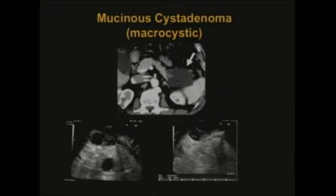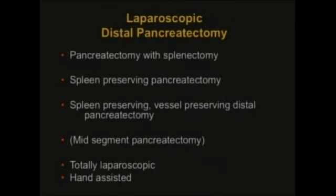Now, when it comes to mucinous cystic lesions, there's a wide variety of opinions regarding which can be followed and which can be resected, and I'll kind of leave that out for a debate later. What I want to really focus my talk on tonight is how to walk through a laparoscopic left pancreatectomy. And when it comes to left